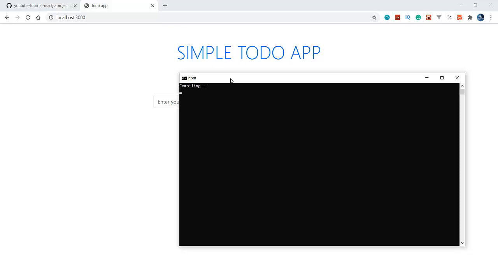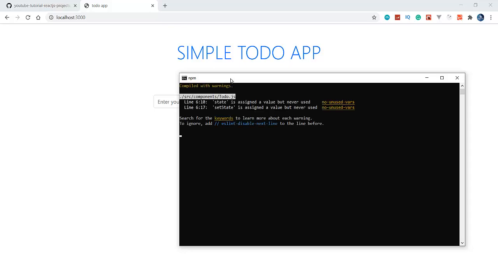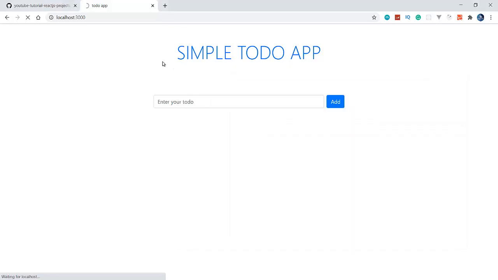So the compiling depends upon the machine. So please wait for a while. Now it is successfully compiled and our page got refreshed. See that our lists are showing here.